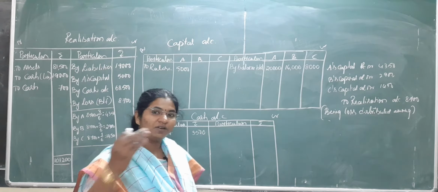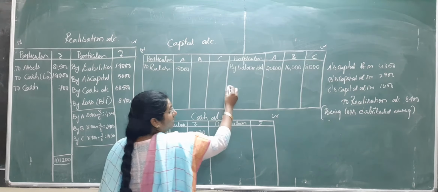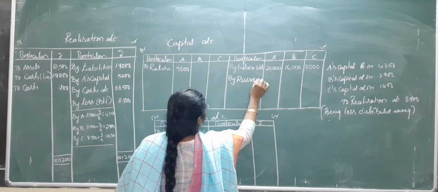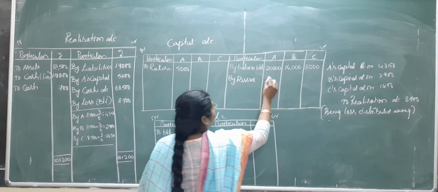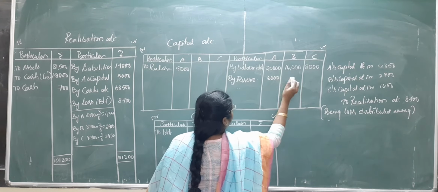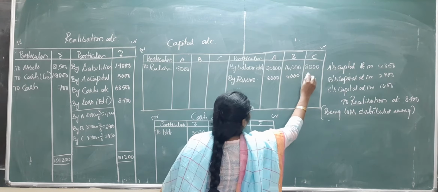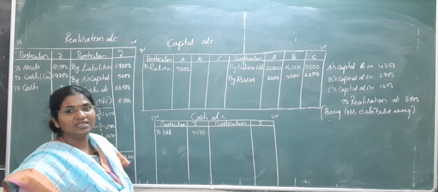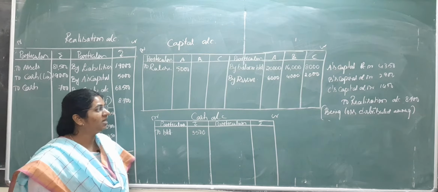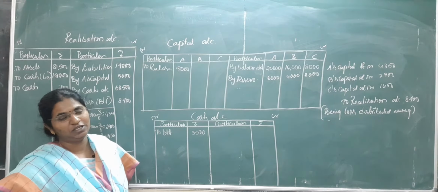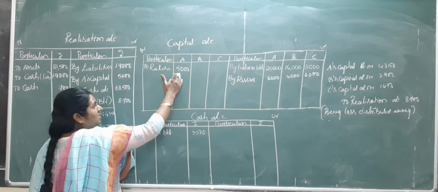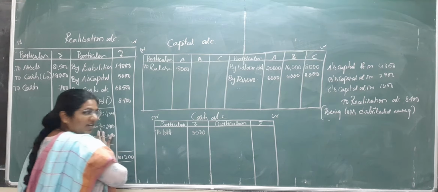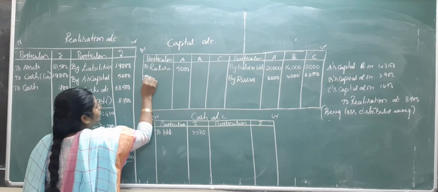Okay, and that reserve fund has to be transferred to the partners' capital accounts. So right here by reserve fund, we have given reserve fund to A 6,000, B 4,000 and C 2,000. Now anyway A has taken the joint life policy. Now we have to write the loss which arose in realization. So write over here to